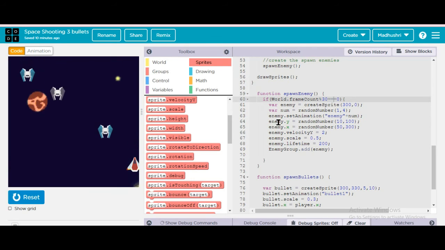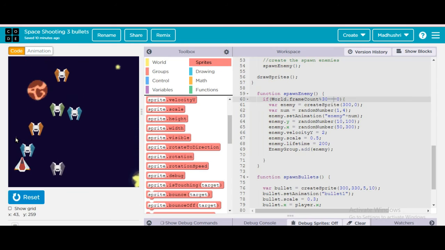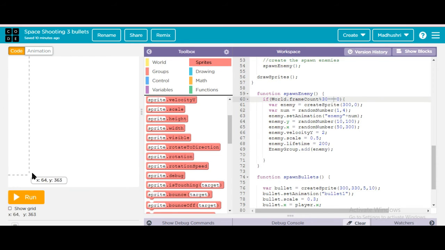You will see that they come randomly, right? So enemy dot y equals random number 10 to 100. For x, the enemies will be coming only until this point, then they will disappear after the 50th, then 300.